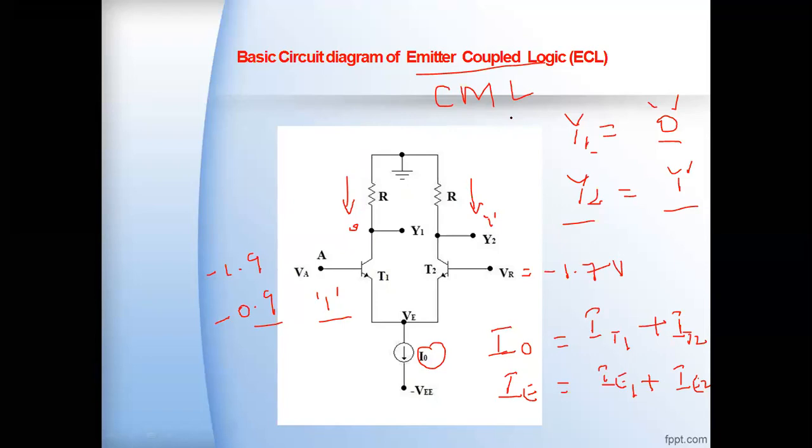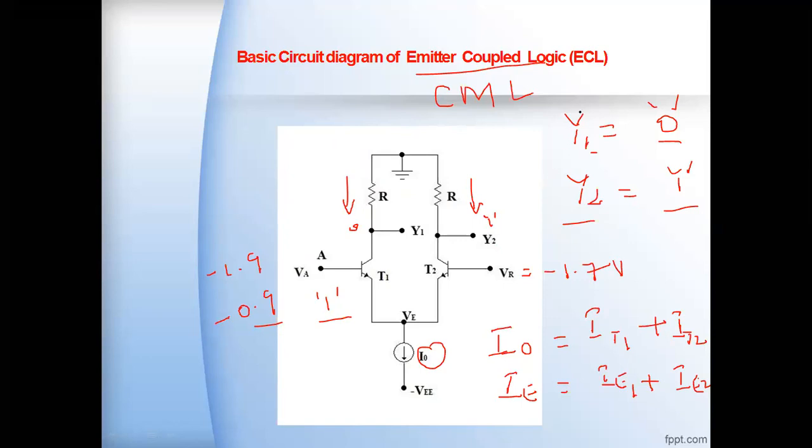In the TTL logic and the CMOS logic, we have gone through the voltage levels. When you apply 0 volts, we are seeing 4.6 volts at the logic output. But in this, the current defines the state of the output, whether it is the high state or the low state, because the current flowing in the network causes a voltage drop across the collector resistors. And due to that, we can define the output state of the transistor.